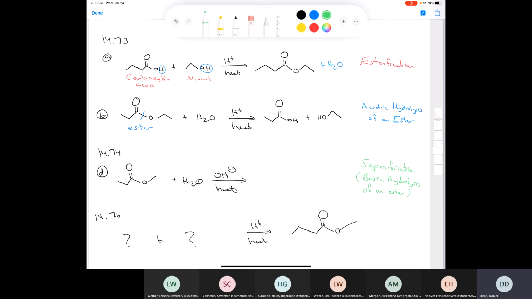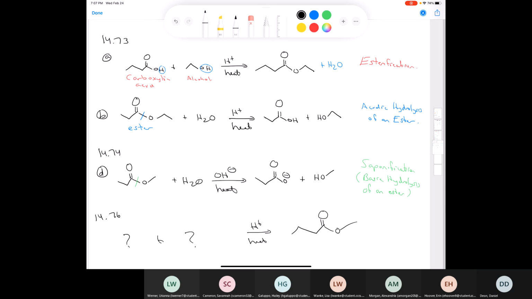So, same thing. The carbon-oxygen single bond is the weakest bond. But now, since we're in base, instead of producing a carboxylic acid, we're going to end up with a carboxylate ion plus our alcohol, which in this case only has 1 carbon. All right, and the last one,